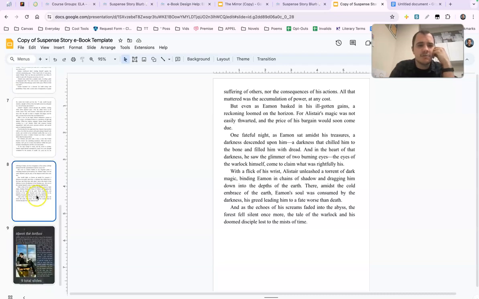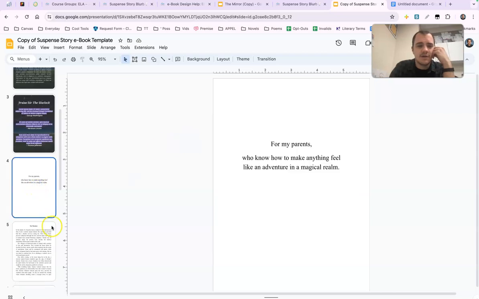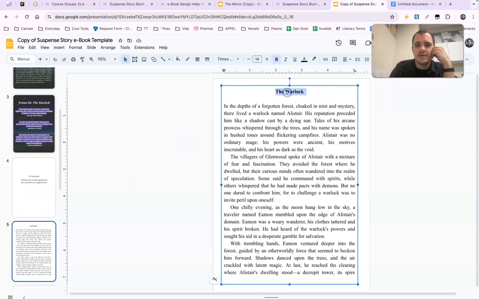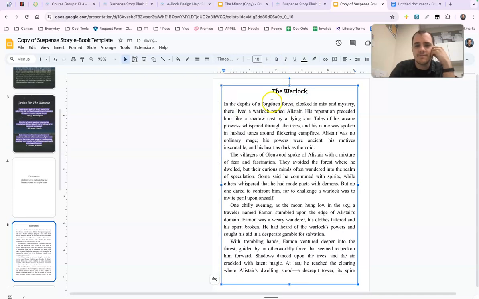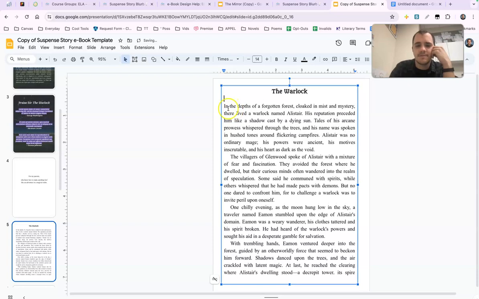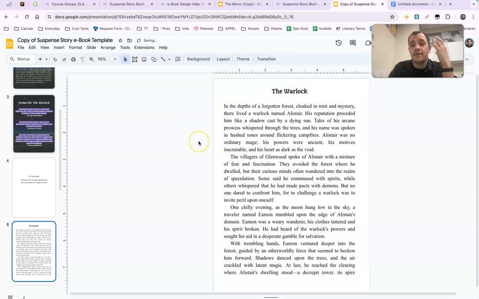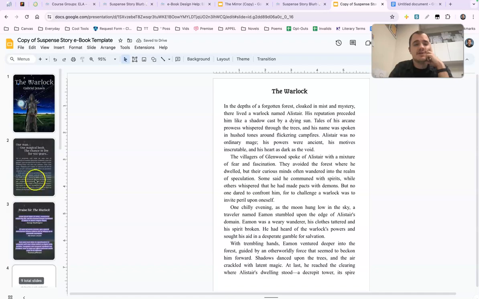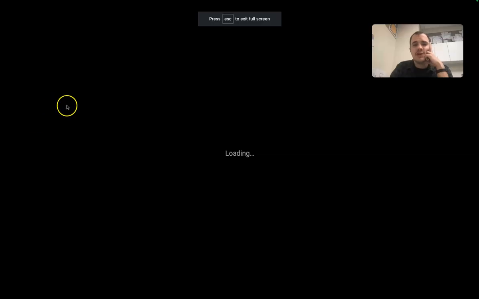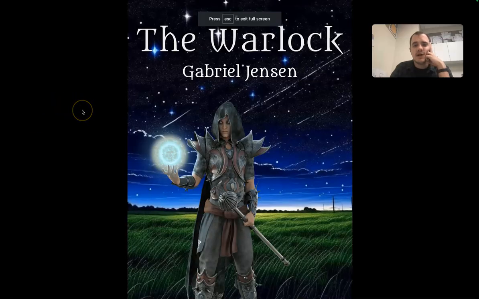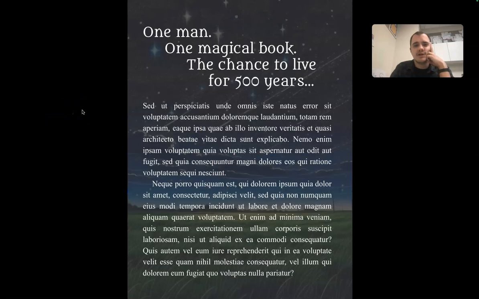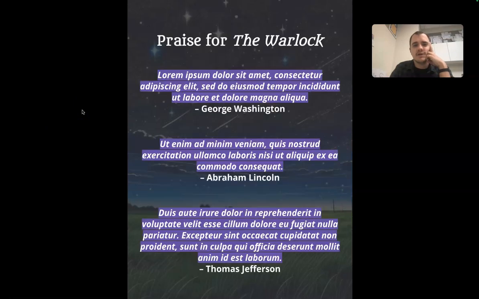But I would call this a complete ebook, right? If I really wanted to, I could even make this be the same. Maybe I'll make this smaller. No, I won't. But there you go. There you have it. Now this is an ebook, and someone can read the whole thing. You know, The Warlock, Gabriel Jensen, right? And then you just go through here,